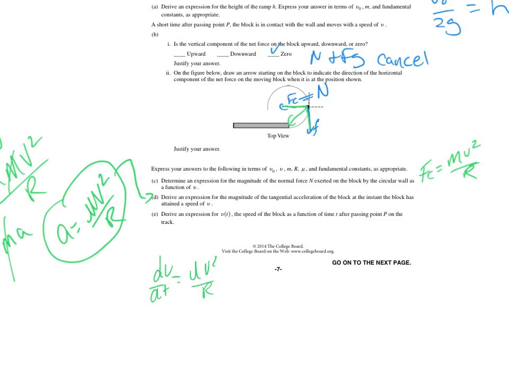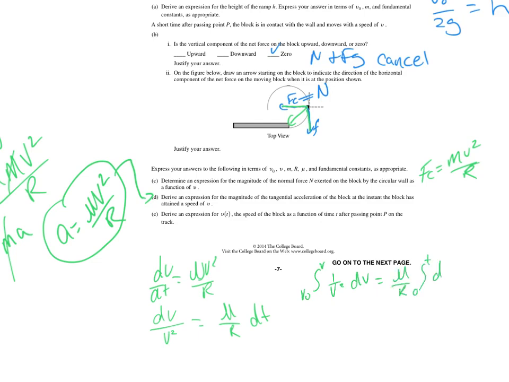And you swap places, so dv over v squared is equal to mu over r dt, and we're going to integrate this. Integral from v naught to v of 1 over v squared dv is equal to mu over r